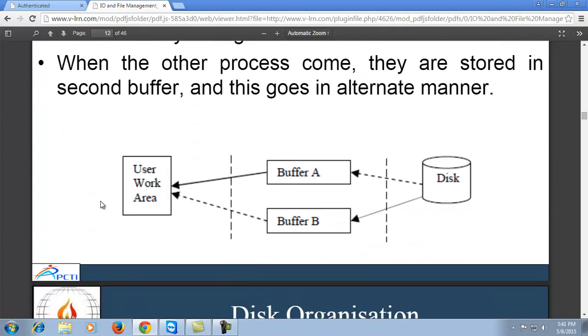This is the area and this is the notation of double buffer. When the user requests some task, it comes inside the buffer, and that is also replaced in the user work area. At the same time, if another buffer is required and the user is performing multiple tasks on the system, then another buffer is created, and it is used for providing support to another application at the user work area. In this, a single user performs multiple tasks, that's why we require multiple buffers for providing support for particular applications.